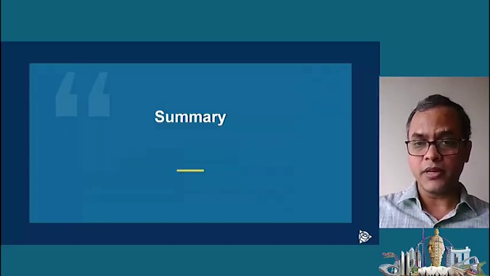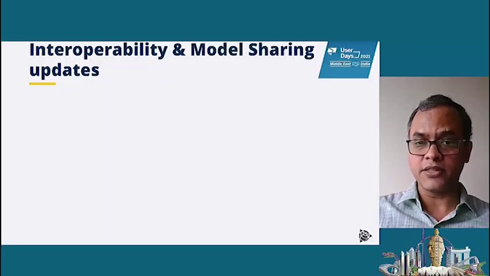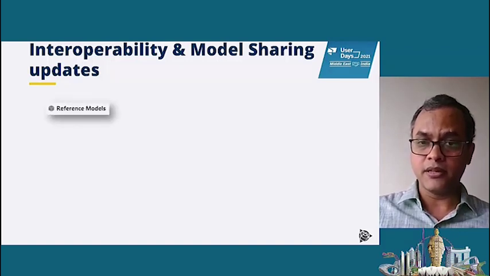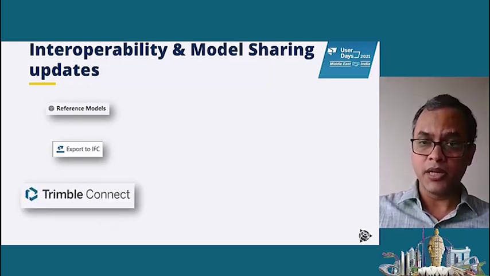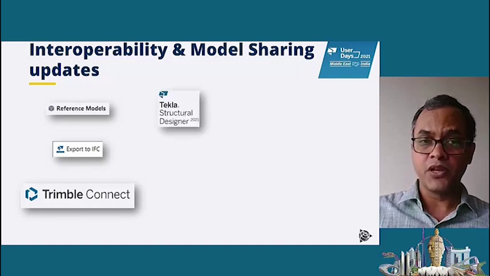So to summarize, we have seen many interesting features and updates on the interoperability and model sharing side, be it related to reference models, IFC export, or Trimble Connect. We saw the overlay versions and change detection functionality, which is a path breaking functionality. We saw the many changes on the Tekla Structural Designer interoperability side.